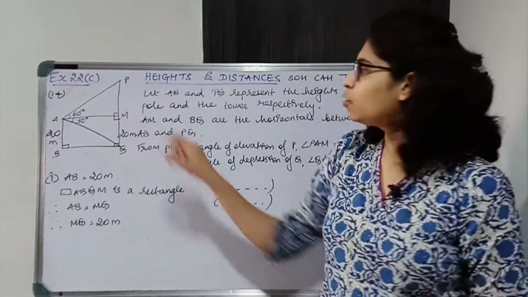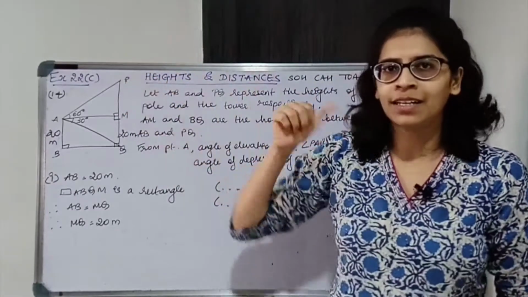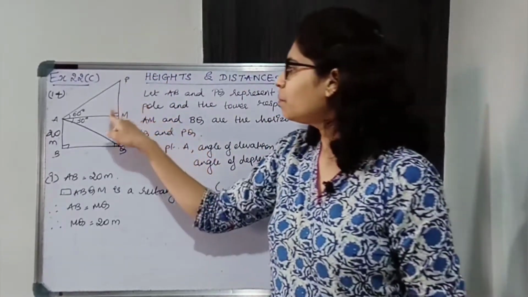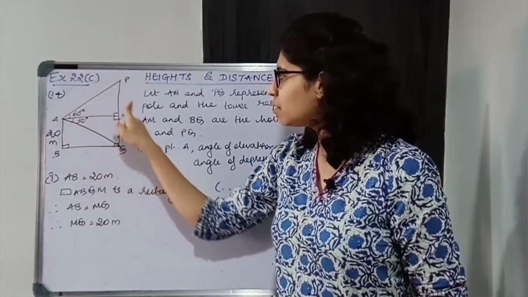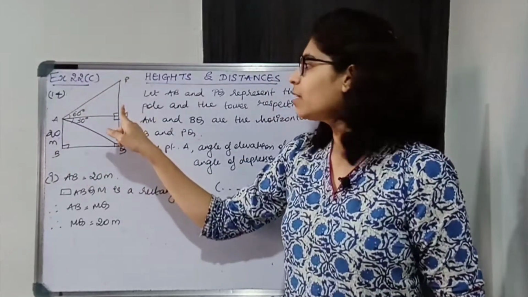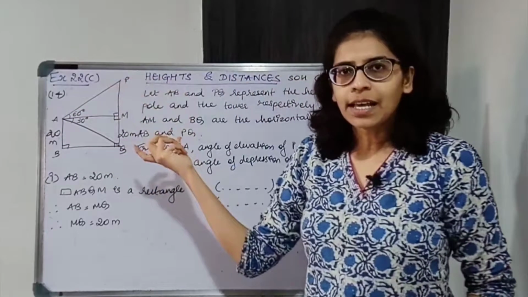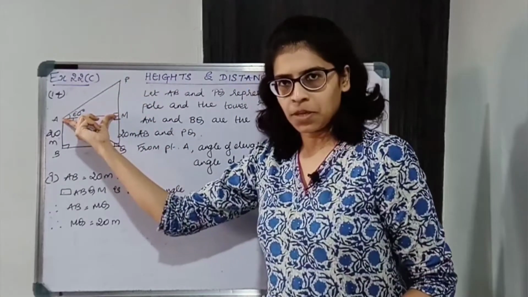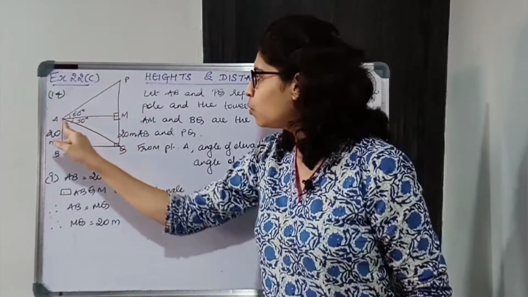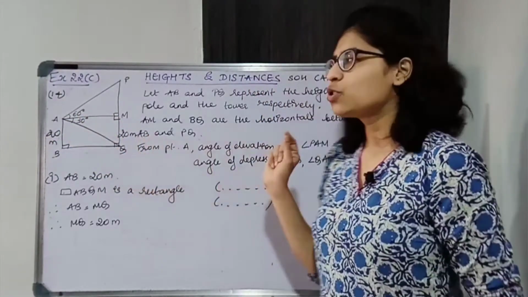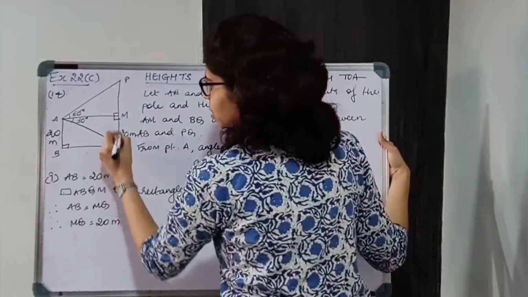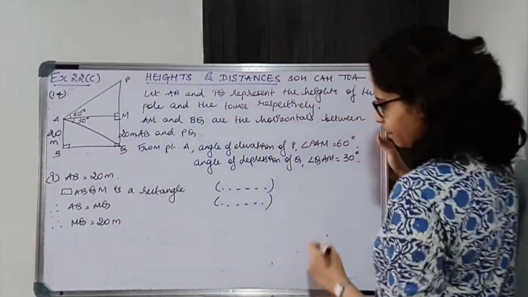Now we need to find PM, but PM directly नहीं मिलेगा. PM में we'll consider triangle PMA. Okay, but over there we know the angle but we don't know one side, so we need to find AM. AM हम लोग को मिलेगा from QMA. Okay, so we are going to consider this triangle QMA.